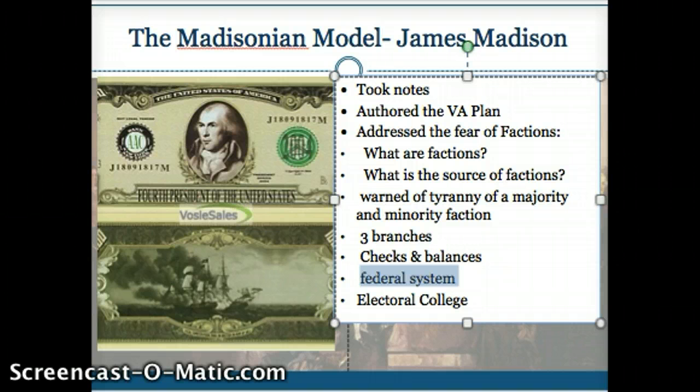We also have an electoral college. This protects the government from the will of the majority because the president would be chosen by electors instead of directly by the people. So if the people pick somebody completely unqualified to be the president, like Miley Cyrus, the Electoral College could go through and say, well, they did vote for a woman, so we're probably going to go ahead and choose Hillary Clinton instead. I know, that's a stretch, but whatever. You get the point. The Electoral College is there as a buffer between the mob and tyranny of the mob